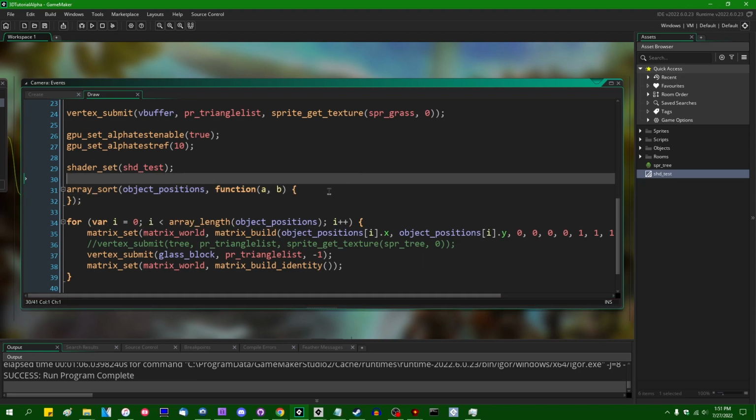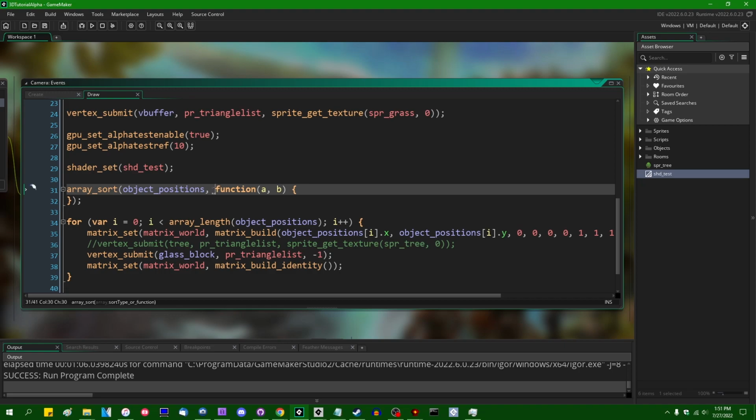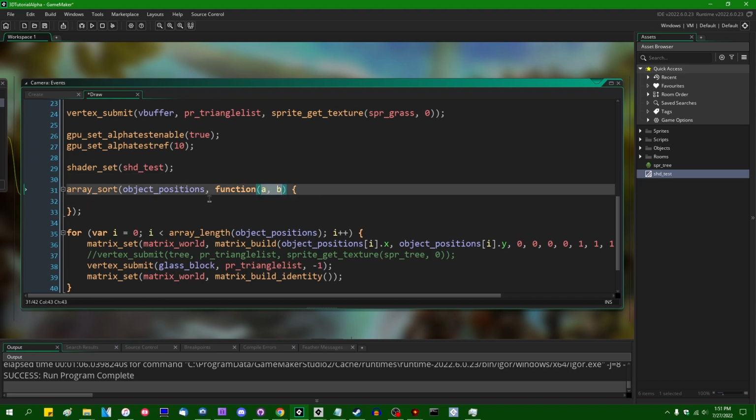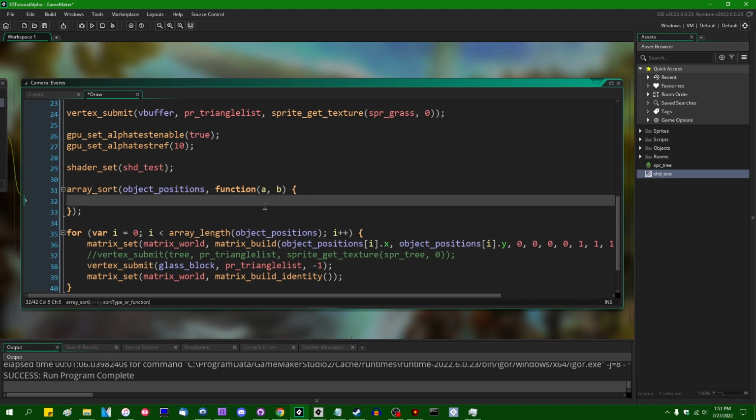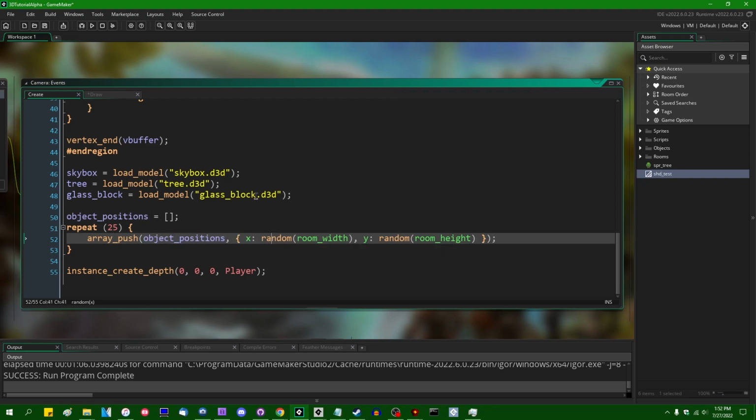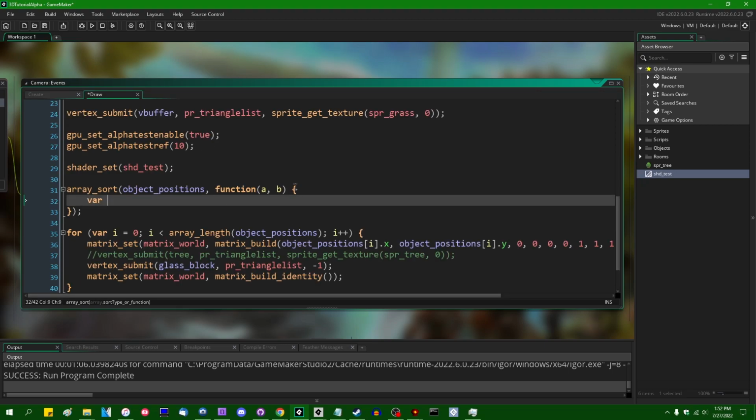Boy, I don't want to spend too much time going over exactly how the array sort function works in this video, because I want this to be about alpha and not about array sorting functions. But given two elements A and B that are compared, two elements of the array that are being compared against each other, we can write a sorting function that returns a value based on which is greater and which is less, which should be sorted to be first and which should be sorted to be second. And since A and B are going to be structs in the object positions array containing an x and a y, we could say var